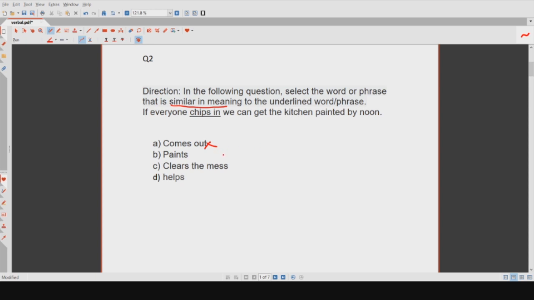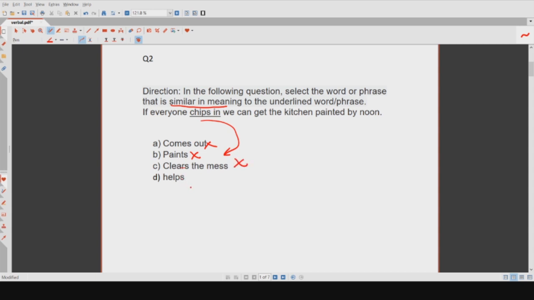But chips in is not at all similar to paint, so this option will also get eliminated directly. Third option, if everyone clears the mess, we can get the kitchen painted by noon. But chips in is not at all similar to clears the mess, so this option will also get eliminated,